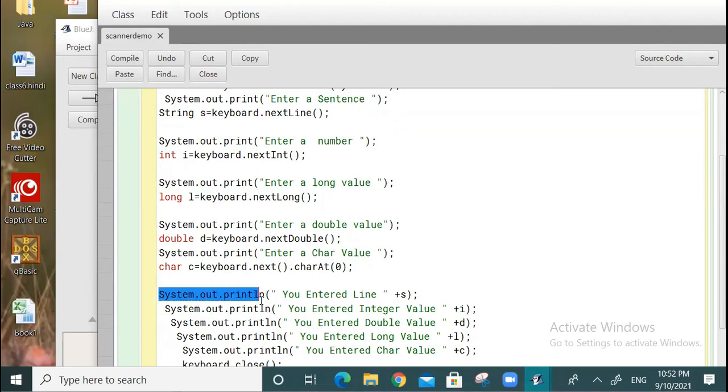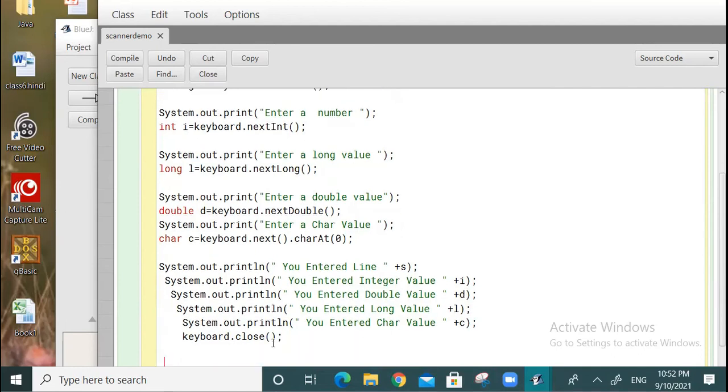So this System.out.println will print a message. First it will print this label: as a label, you entered line, and then I have given S. What is the value stored in the S variable? The collection of words, the string which we have given. So it will print. Next is you entered integer value. It will come as a label, and then it will print the number you have entered. The number you have entered is stored in the I variable, so I will give you I. And likewise, double value, long value, char,